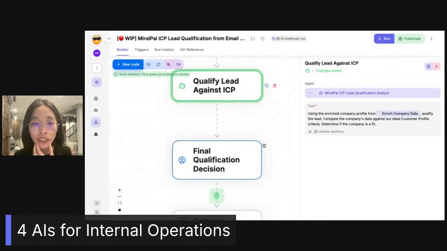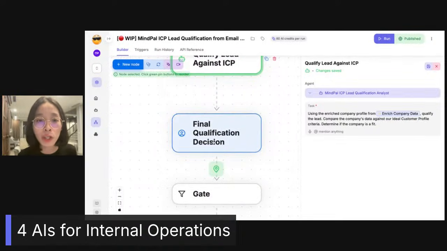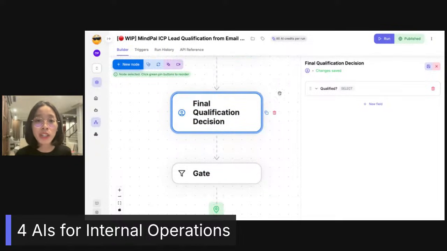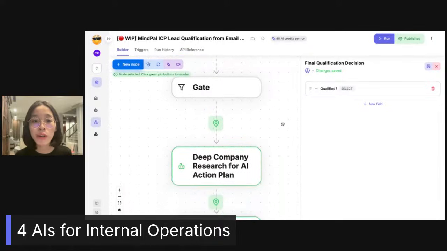But I always add a human in the loop checkpoint for critical decisions like this, so that I can come in, verify, and make the final decision myself before the workflow continues with